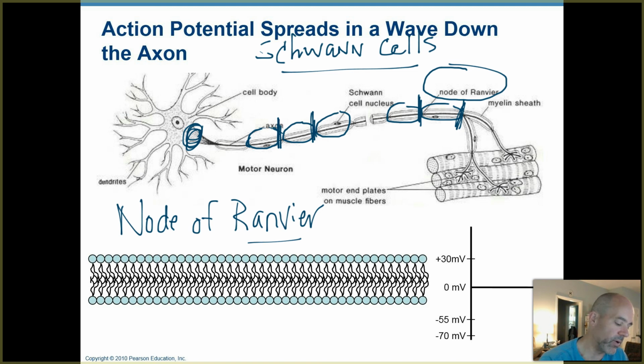So you're going to have your action potential here, and then it actually jumps to the next gap where you have the uncovered axon. Then it jumps to the next, and the next, and the next. And it's not really jumping outside the axon and back inside. It's flowing inside the axon, but the depolarization wave goes super fast from one node to another